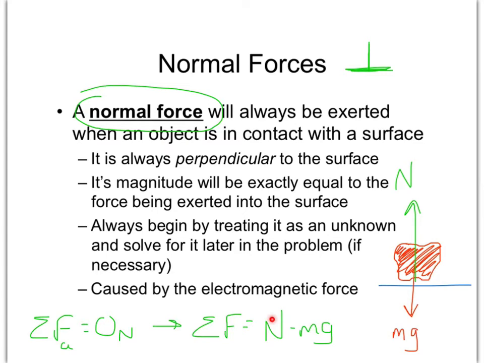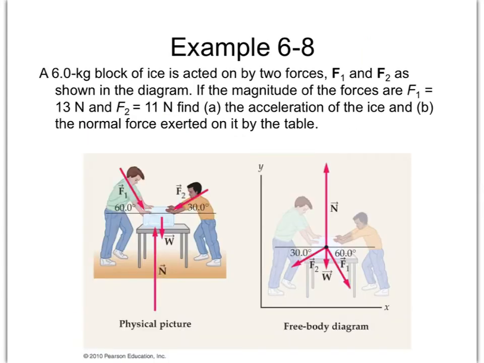All right, so this next example I'm going to set up for you involves 2 boys pushing on an ice block. Now the reason that it's an ice block is because that supposedly ice is frictionless, and we're going to ignore friction right here. But we're going to look at all the forces that are applied on this ice block. All right. Both of these boys are pushing down at various angles with different forces. All right. Boy 1 right here, excuse me, his force 1 is 13 newtons. All right, I'm going to write that right here. 13,